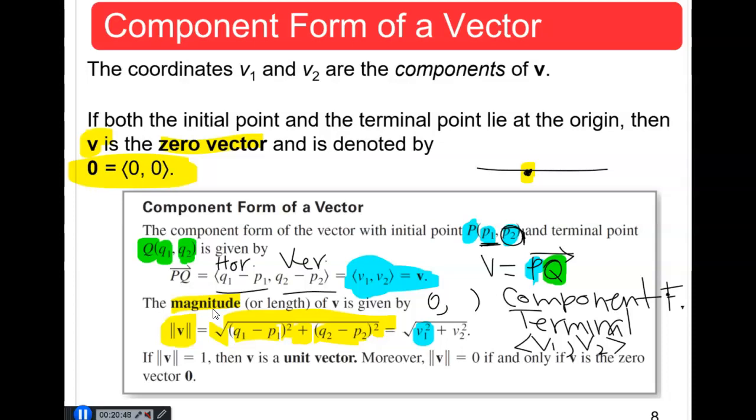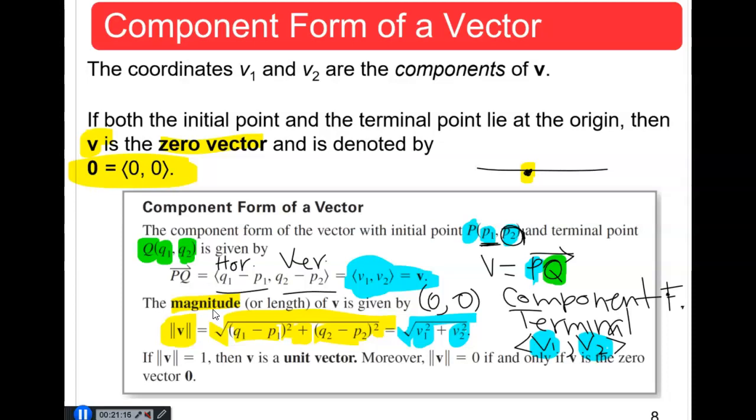So it is enough to square the horizontal component, v sub 1 squared, plus the square of the vertical component, v sub 2 squared, and then take the square root. And so that is exactly the same thing. That's why it's more convenient to have a vector in component form, because it's a lot easier